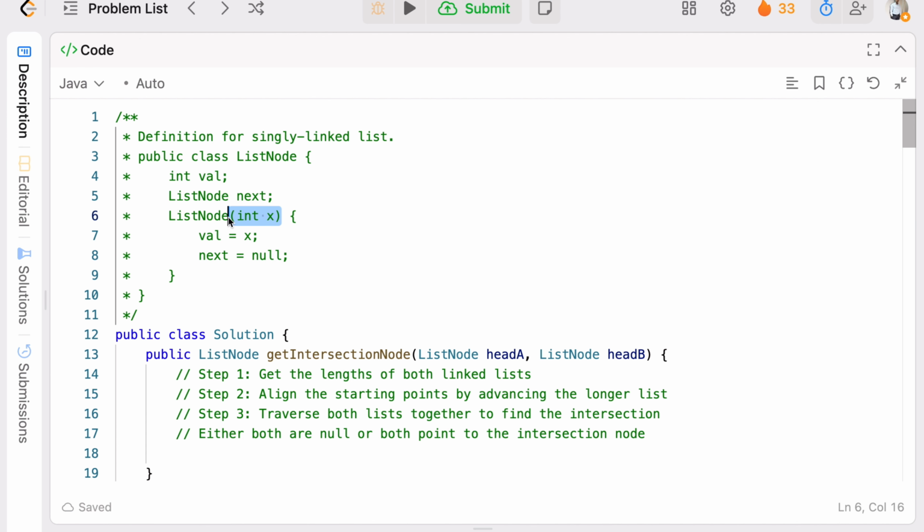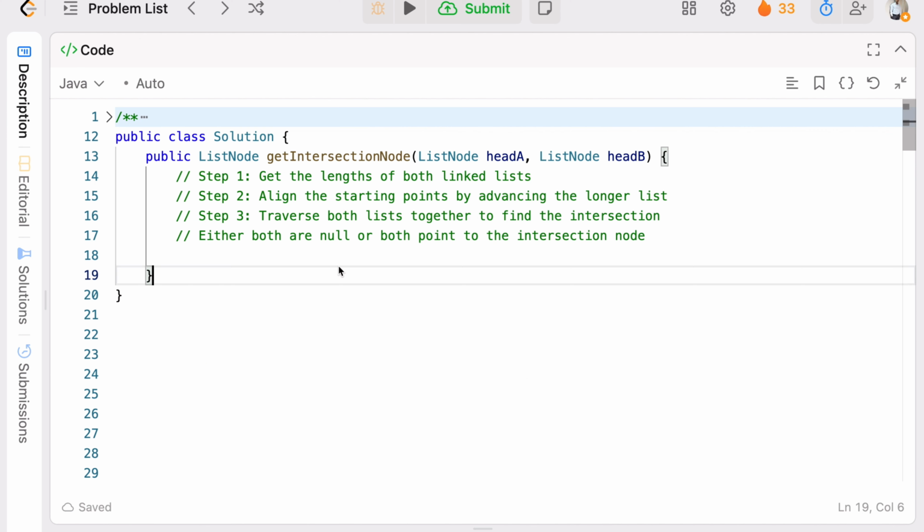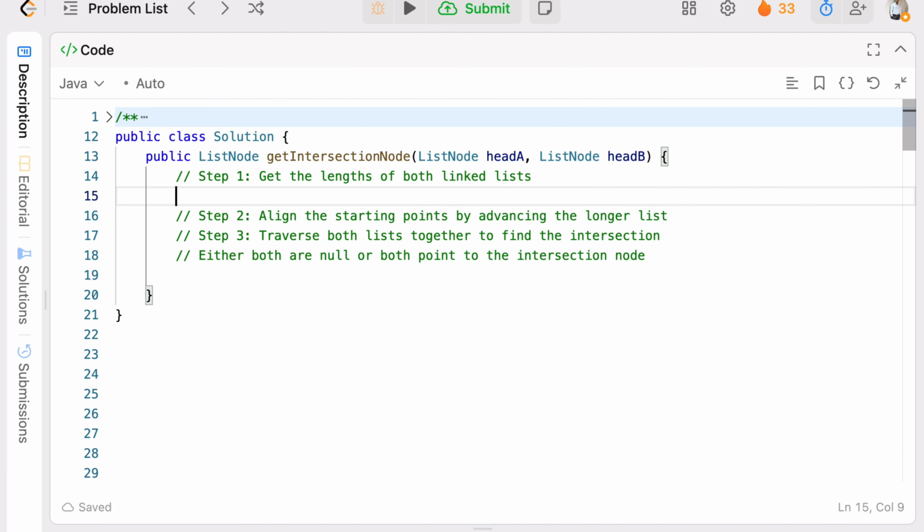It will pass the value, it will set the value, but it will also initialize the next node as null. This applies to each node, right? So let's understand each step. First of all, we have to get the length of both linked lists,